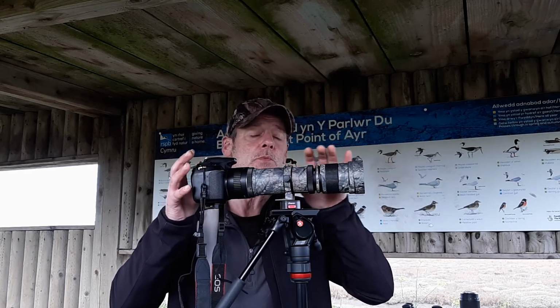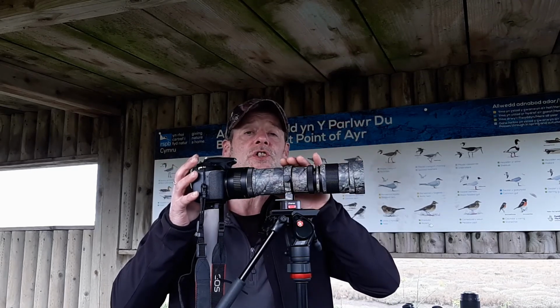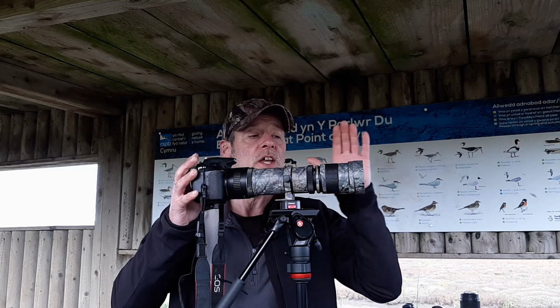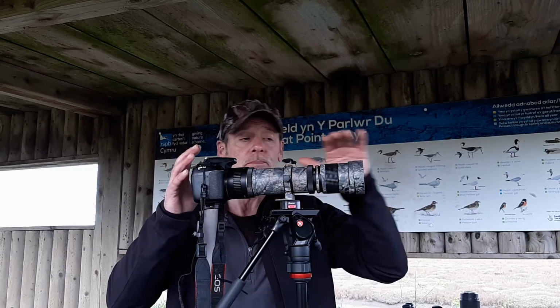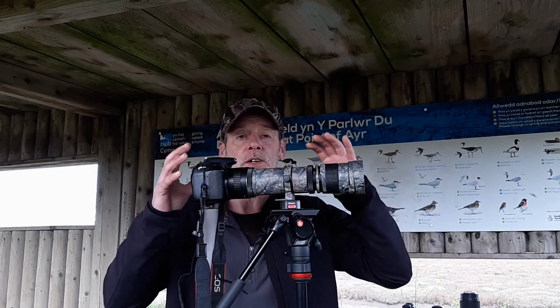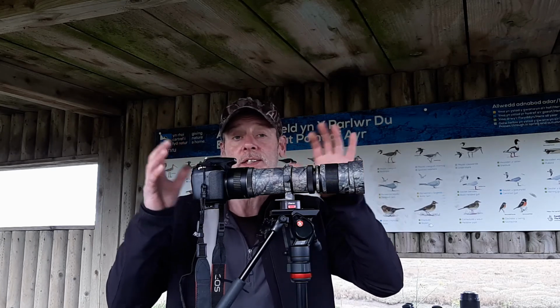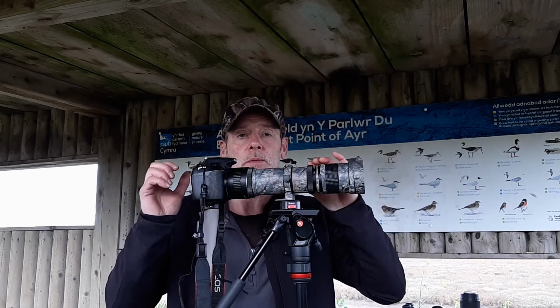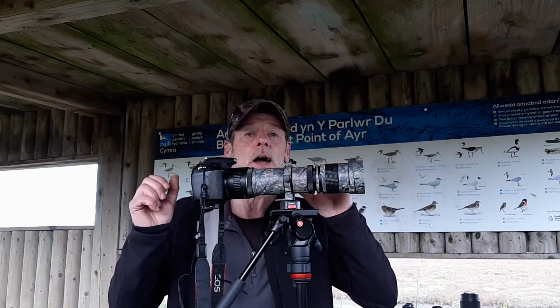Now this is kind of a cheap one, if you can call £100 cheap. This is a 400 to 800mm telephoto lens, and it has to be manually focused. The camera won't recognise this particular lens because, with it being manual focus, there's no gears or electronics inside it, so the camera doesn't know this exists. So it's all done manually by hand. So if some of the images and video footage you see later on is a little bit out of focus,